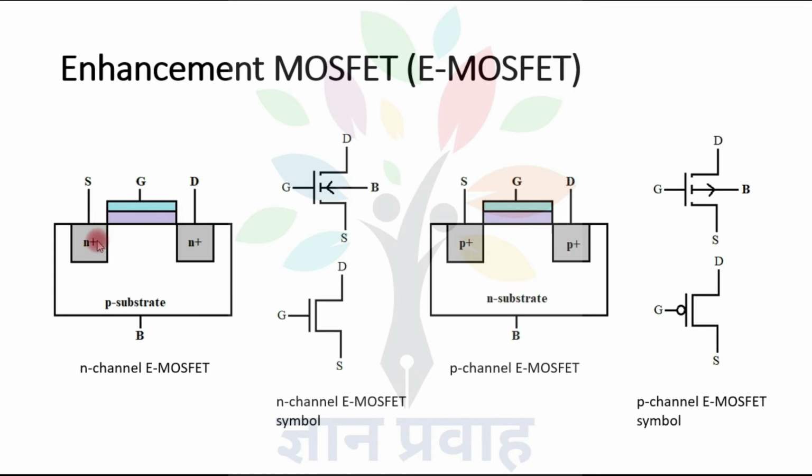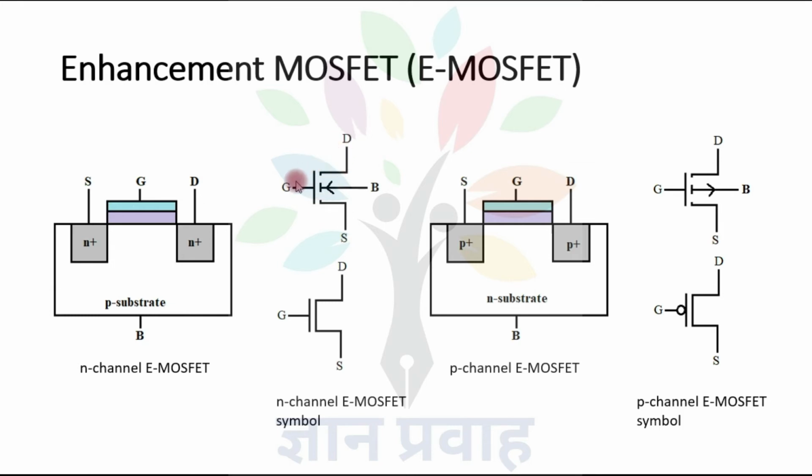So two diffused regions, these are N plus regions or highly doped N-type materials, where drain and source terminals are connected. Metal layer connected with the gate terminal, SiO2 layer or oxide layer, then semiconductor material: metal oxide semiconductor. So this one is the MOSFET, and the operation of this MOSFET depends on the electric field. That's why it is called field effect transistor. The logical symbol for N-channel eMOSFET is given here. Here we are showing the broken line, and this broken line is simply showing normally off device.